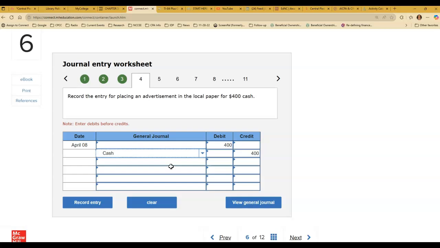Number 1, one of the accounts that most everybody can get is cash. Okay? It goes up with debits. Remember, assets are on the left, so they go up on the left, right? So this one is going to go down on the right. If you can't get the rest of it, again, you still have a C. Okay? Don't skip that. And how did we know that it was on the advertisement? It was